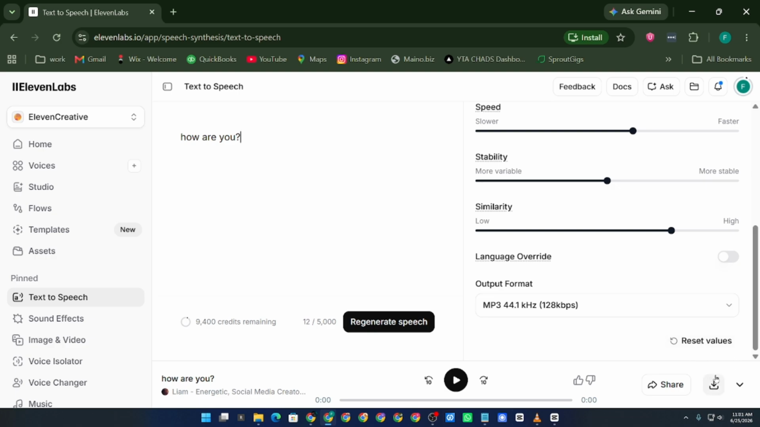Now click the Generate button. ElevenLabs will process your text and create an audio version using the selected voice. After the audio is ready, listen to the preview carefully. If you want a different result, you can edit the text, switch to another voice, or adjust available settings and